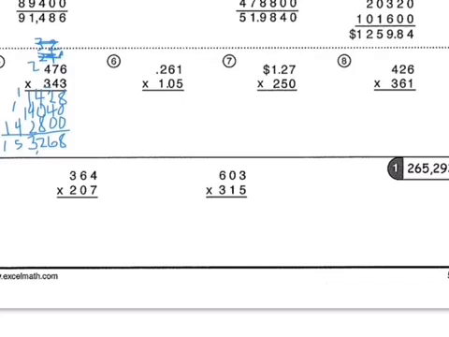Let's see if that makes sense. This is about 500. This is about, it's way more than 300. So the answer is going to be much bigger than this. But let's just see how this comes out. 500 times 300 would be 150,000, because you have 15 plus your 4 zeros, and that's 150,000. Look, we have